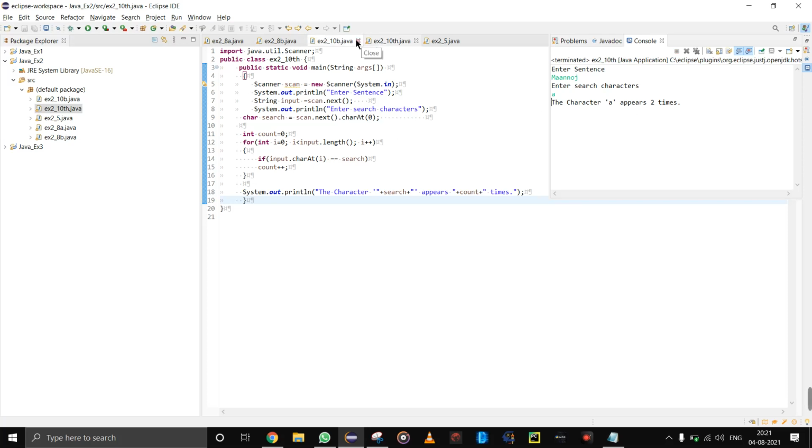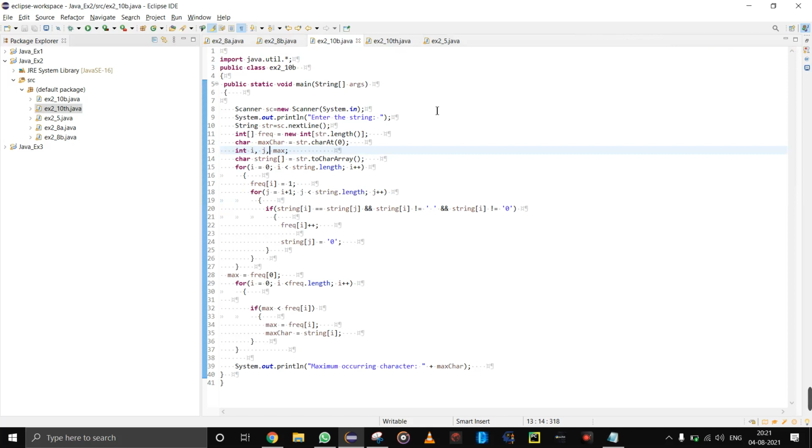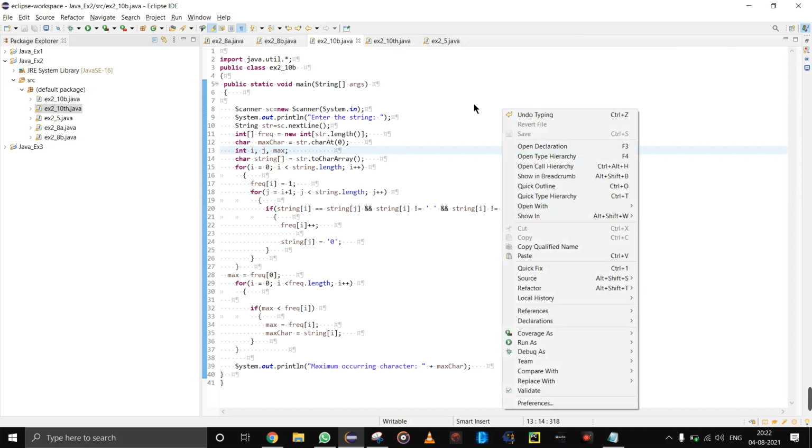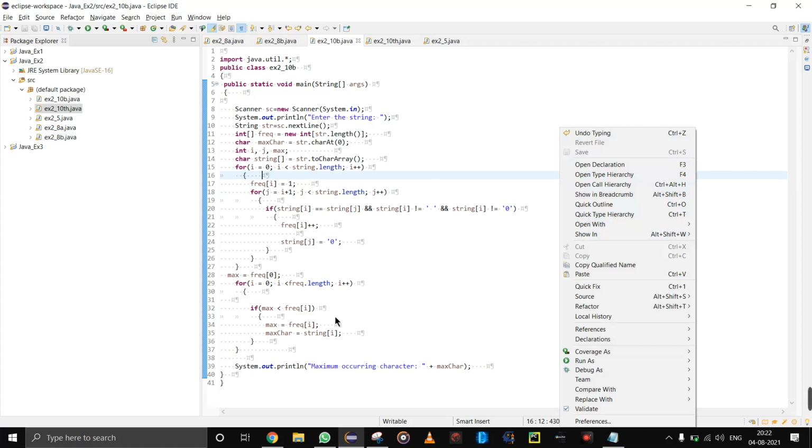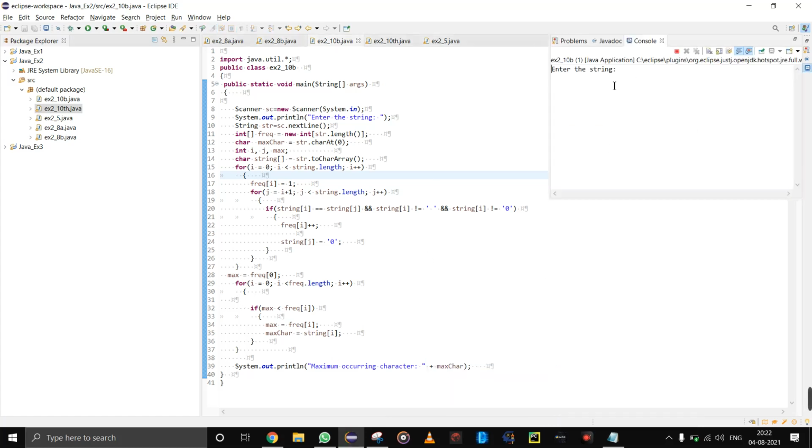The next program is to find the maximum occurrence of a particular character. In this program, I use two for loops to find the length and perform the operation, and this program finds the maximum number of times a particular character occurs. Here you can see again a name to find how many times it occurs. I mean not how many times, maximum times. Let me run the program, then I can explain it clearly.